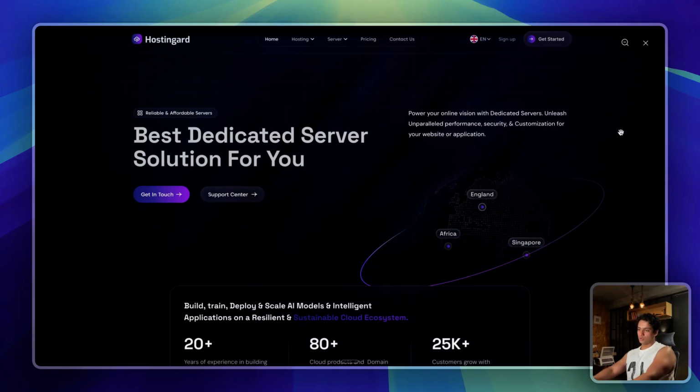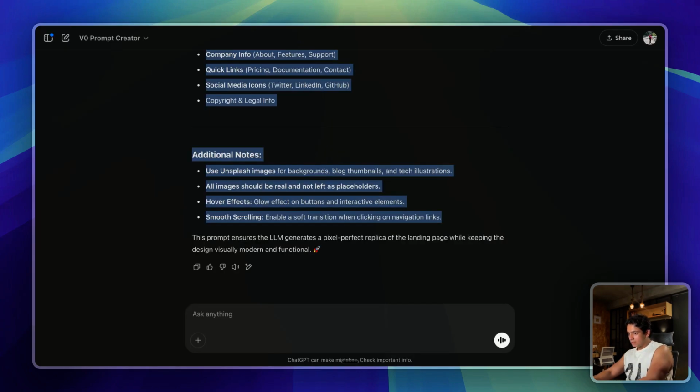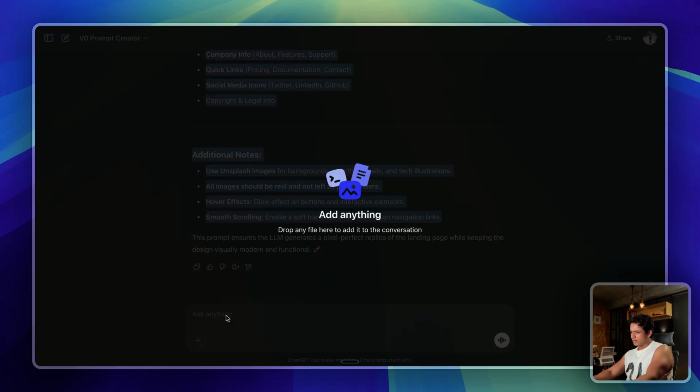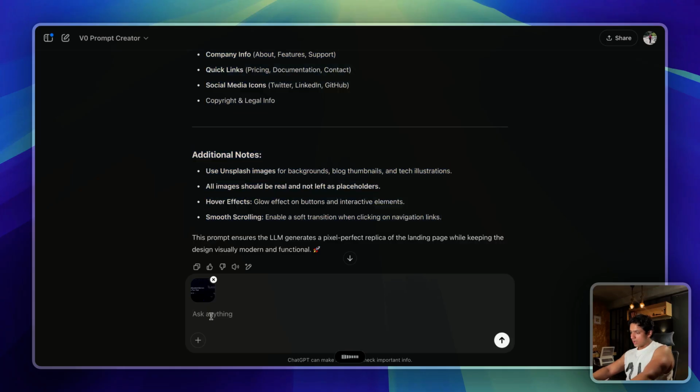So let me show you how I usually generate these images so that I could integrate them into my landing pages. Let me just screenshot this hero section and then let's take this to ChatGPT. You can start a new chat, but I think this would work as well. I have attached a hero section and I really like the image of the globe. Could you please give me a prompt for Midjourney so that I could generate it? It should be 3D and should match this color palette exactly.